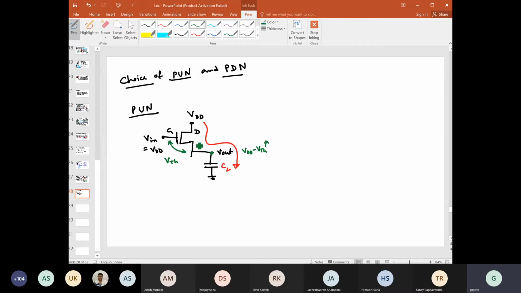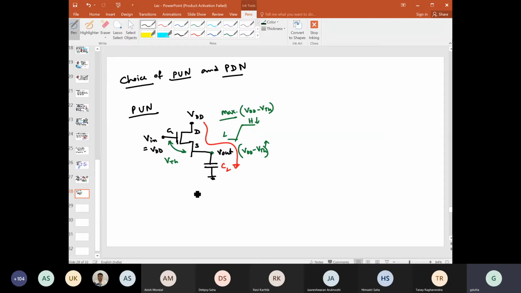Then only the transistor will turn on. So if you now try to increase it further beyond this, this condition is not satisfied, so the transistor turns off. So here you will get a response like earlier: it will reach from low to high, but the maximum voltage will be limited to VDD minus VTH. It cannot reach completely VDD. You understood? Okay.